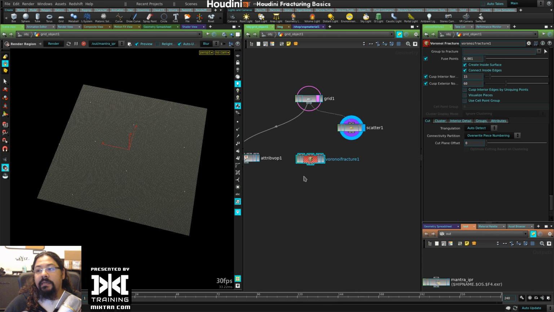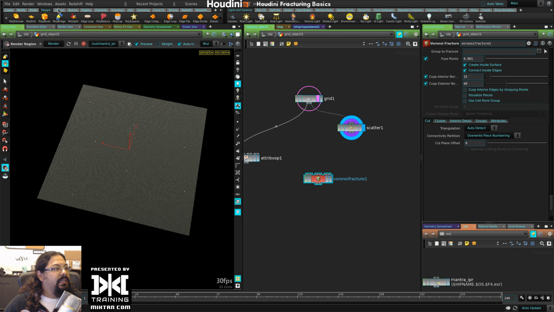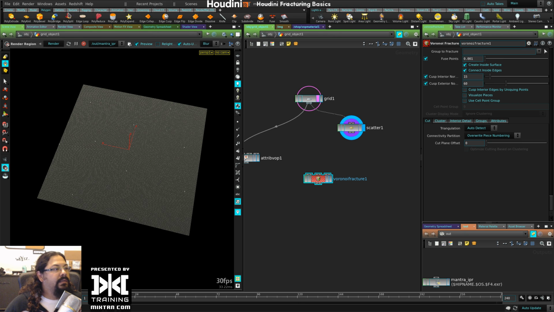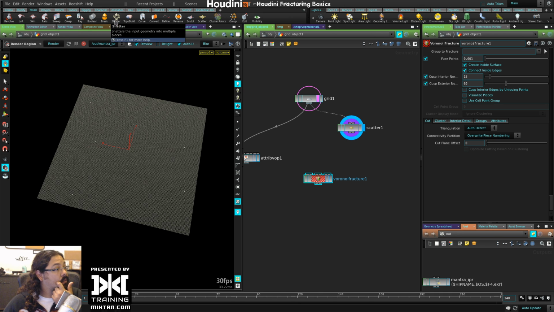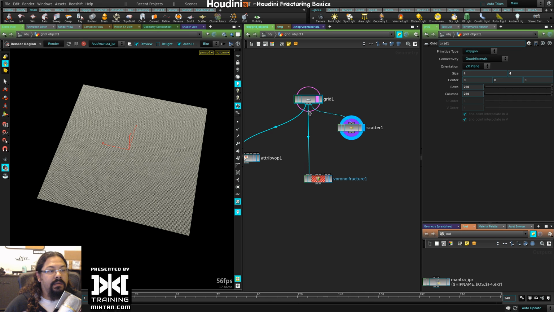So let's put that one in, which is the main ingredient for the shatter tool here. It takes three things: a geometry to fracture, which in this case is the grid. It takes points for Voronoi cells,